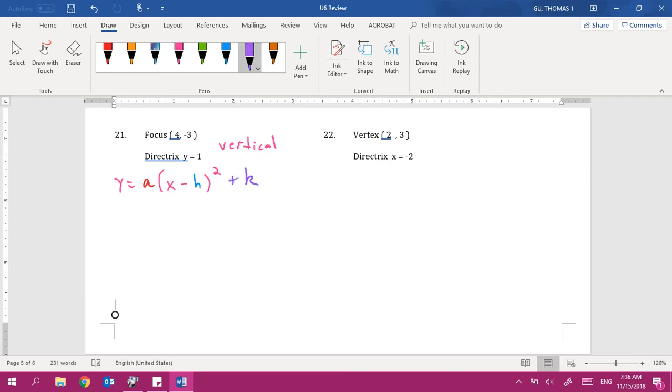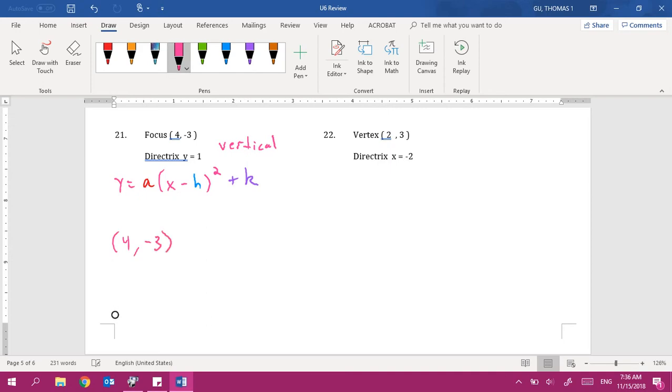And normally we already know h and k, right? But we don't know h and k here because they didn't tell us the vertex. And we don't know a either. But we can find everything just from what they gave us. So we still do the same thing, right? We're just going to label everything they told us. So the focus is (4,